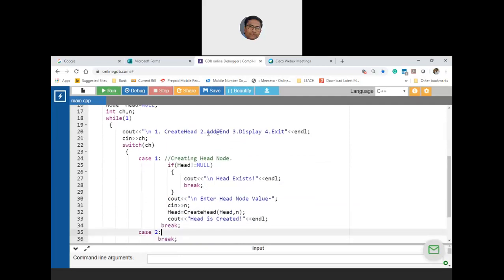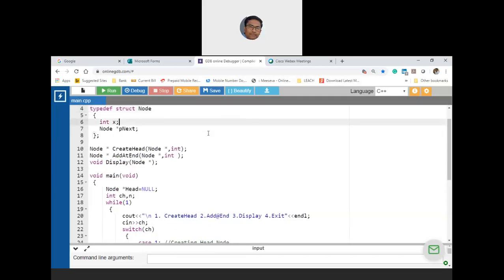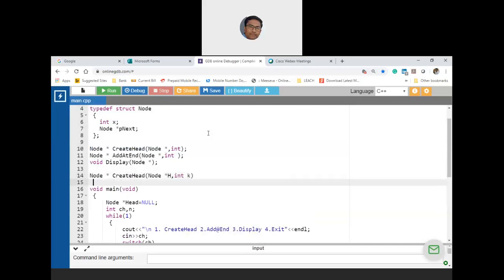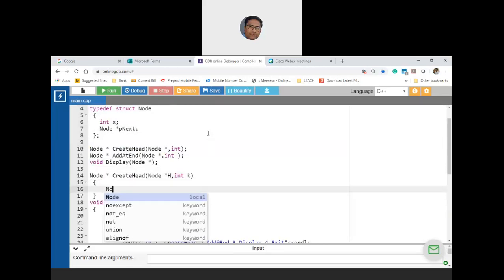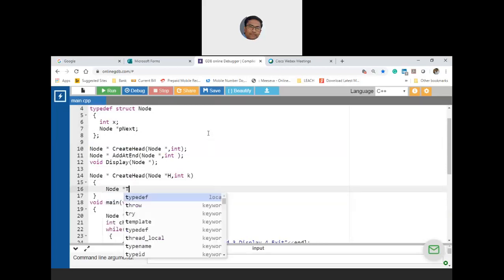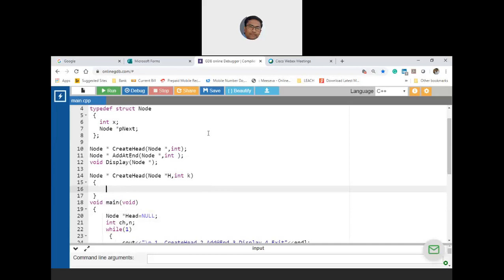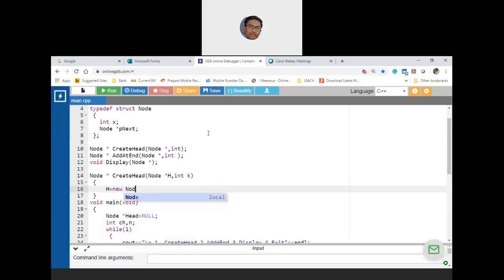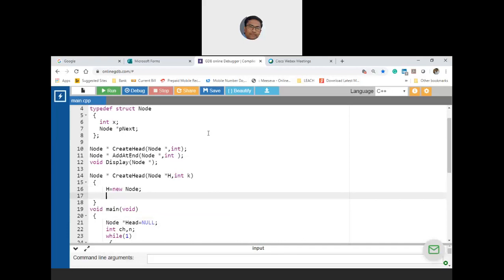Okay, so let us start coding the head node. Take the function prototype, put it here. Take some aliases, node star h and int k. So I'm again starting node star h. H is already there, that means h is equal to new node type. Further, I'm not making any more changes.